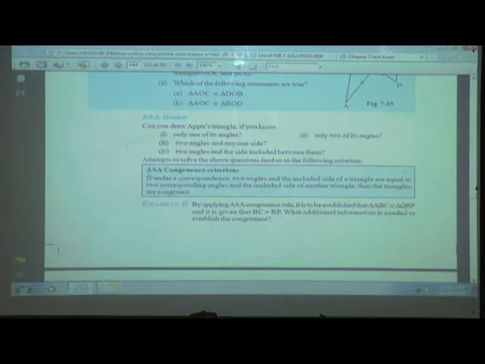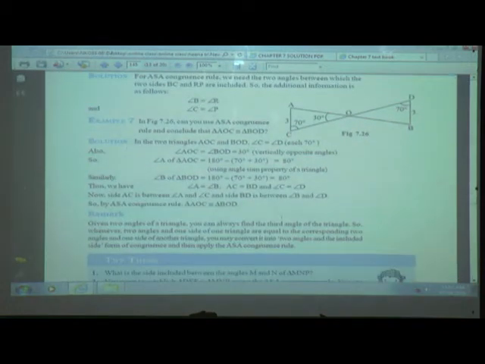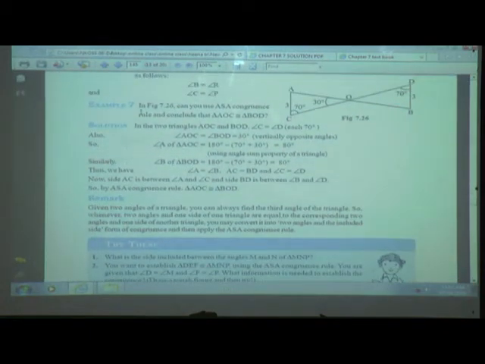We will see there should be two angles and one side which will be equal to those of the other triangle. When it is the same, then we can say that the two triangles are said to be congruent by ASA criteria. We will see examples, so it will be easier for you. Here we are having one example, you can see the figure here: use the ASA congruency rule and conclude that triangle AOC is congruent to